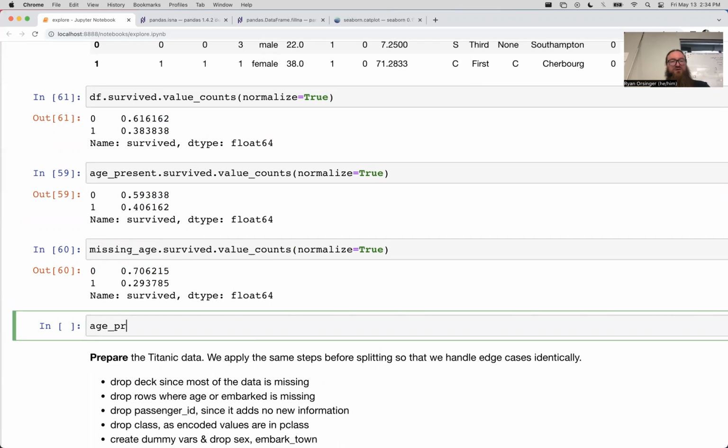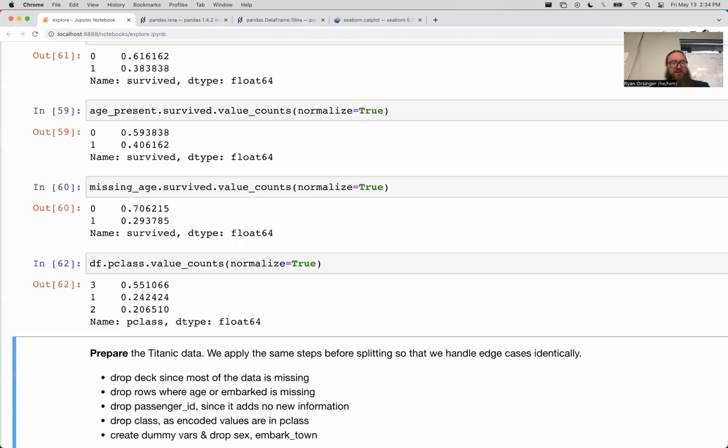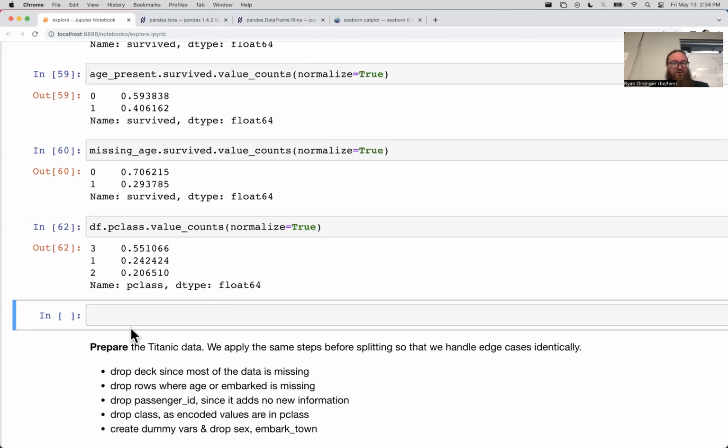So let's do, maybe df dot the class of ticket. Yeah, p class dot value counts. And this is what I mean about getting curious. You zoom in on a thing, make a subset, make another subset, keep on zooming. Okay, so that's overall.